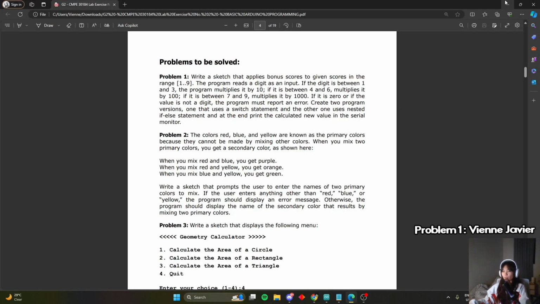Hello learners! Welcome to today's coding adventure where we're going to dive into solving 4 interesting Arduino programming exercises together. Each problem will challenge us to think creatively and use different programming techniques that we've learned in the past to